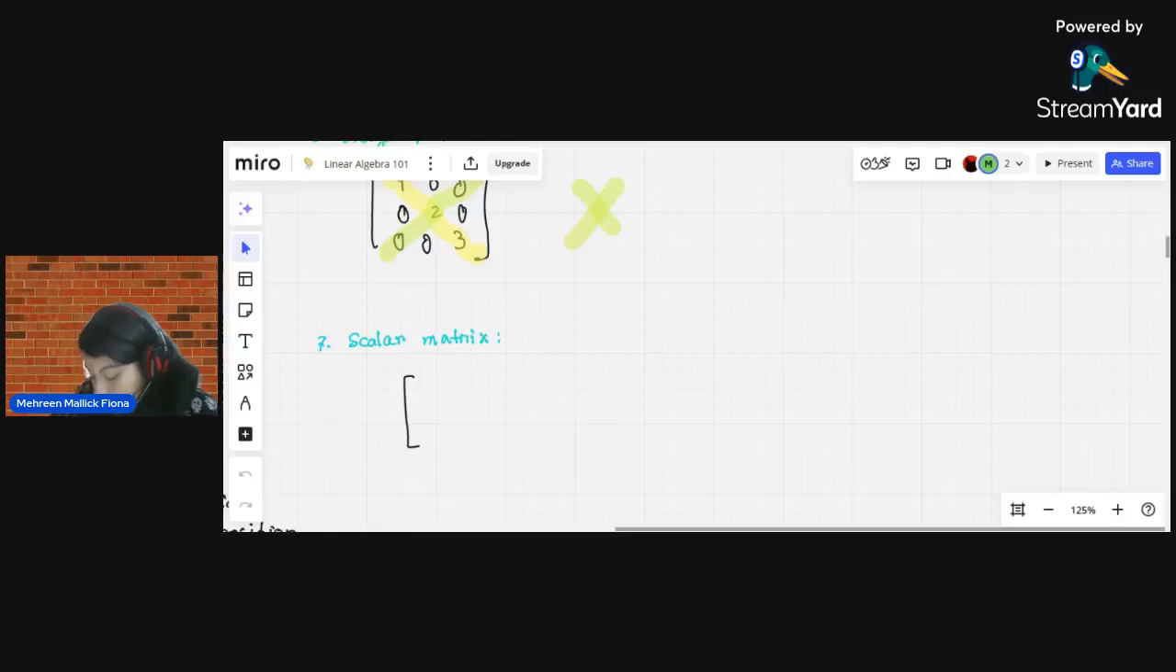If we give 0 here, it will be our 0 matrix to begin with. So now let's say lucky 7: 7, 7, 7, 0, 0, 0. So why is it a scalar matrix? Because we are putting all the same values in the primary diagonal here. So one of the conditions must be that all the